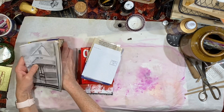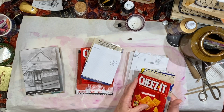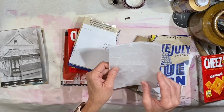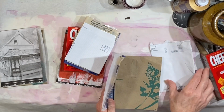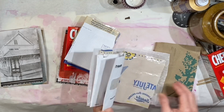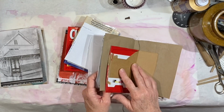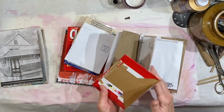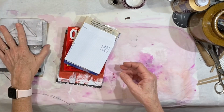So this one is the first one, and then for the second one, maybe we'll put the Cheez-Its closer to the center. Let's put this on the outside and put this under it so we can see through there. And then let's do this big envelope with the opening, and we'll do, no wait, that's too much brown altogether. Let's do that, then that, and then that. I like that. I like that white with the red. So there's the second signature, and then the third one,